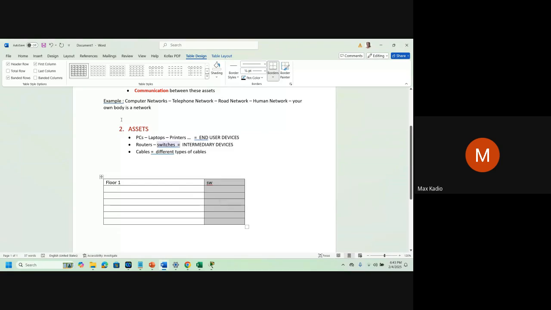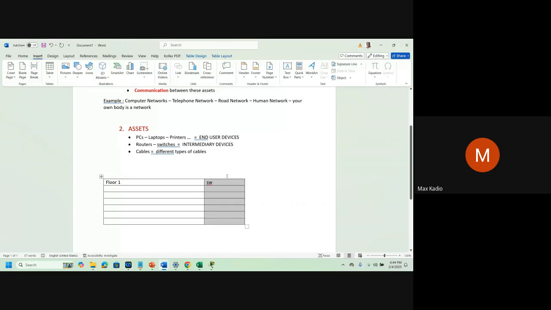And all these guys will get connected to what? To a router. So per floor, on floor 1, floor 2, floor 3, switch 1, switch 2, switch 3, and all these switches will get connected to the router.